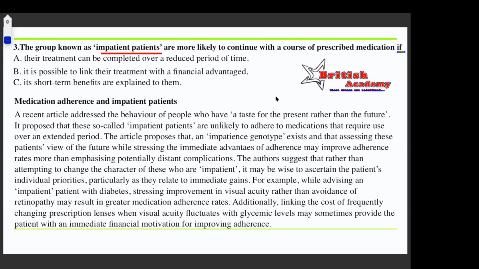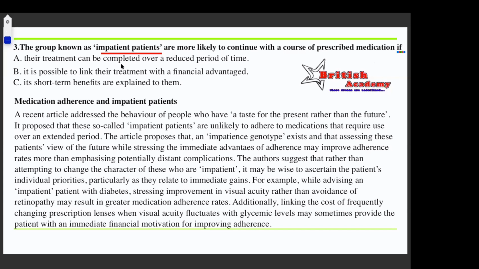Now you have to make sure that you go to the options. Now we know our main target, the keyword over here, is impatient patients. We know there is something which, if we do it for the patient, then patients are likely to continue with a course of prescribed medication. So you should keep this in your mind. Impatient patients, a benefit which we give, due to which the person will be able to continue